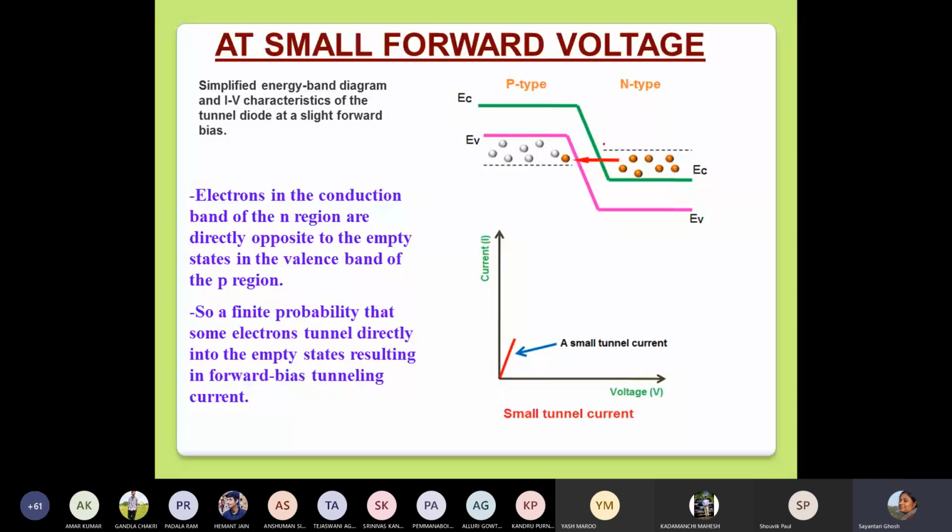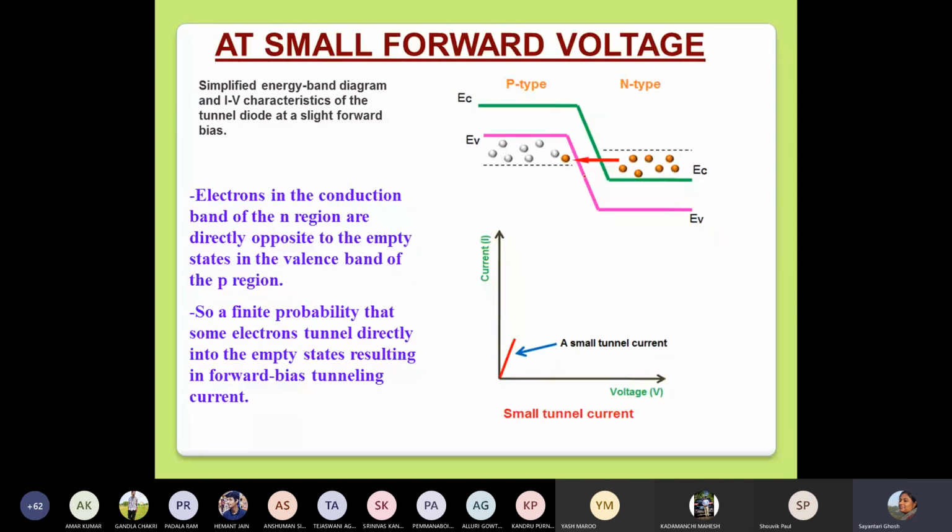So these electrons now can see these holes, and you have a very thin barrier potential sitting in between, and the energy is quite high. So the electrons just tunnel through and come to the other side. So a small current starts flowing immediately as soon as you increase the voltage. This does not happen in case of regular diodes. In case of regular diodes, we know that for the first small values of voltage, we don't have any current flow.